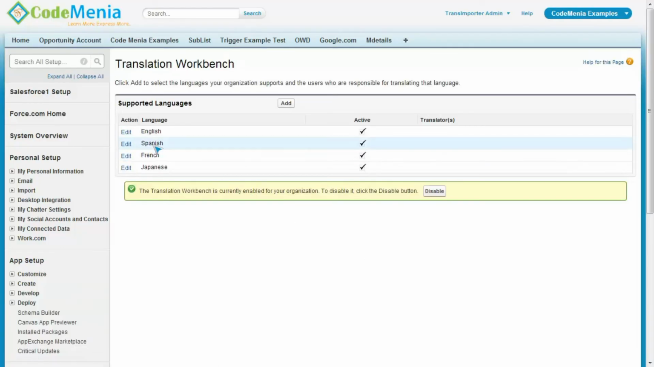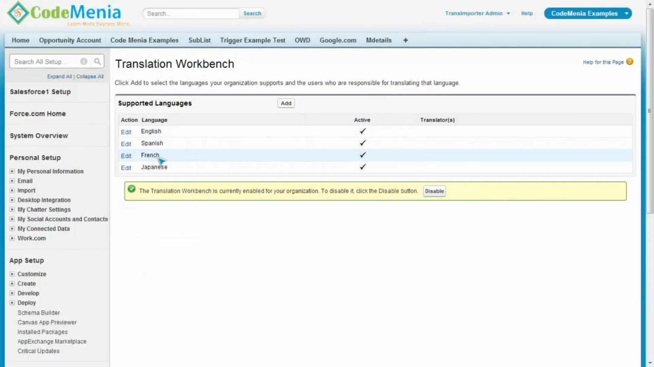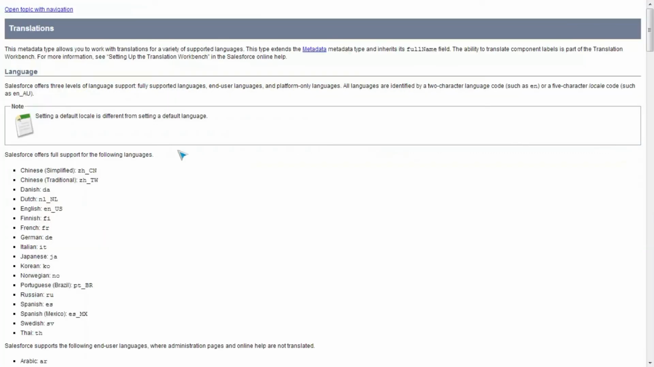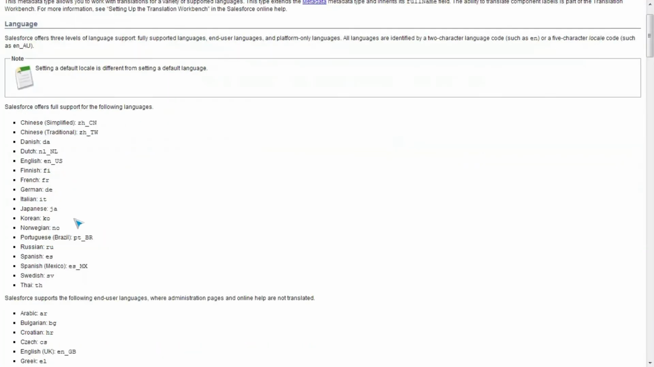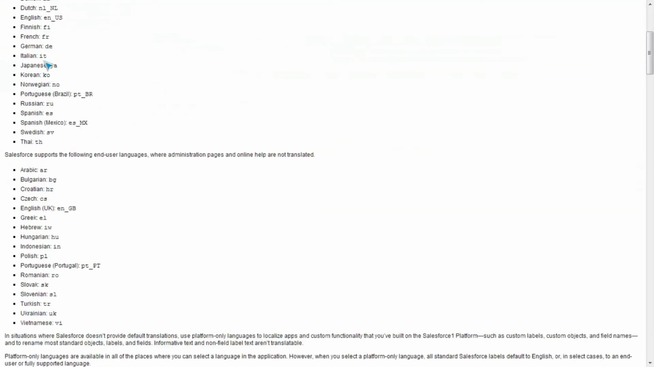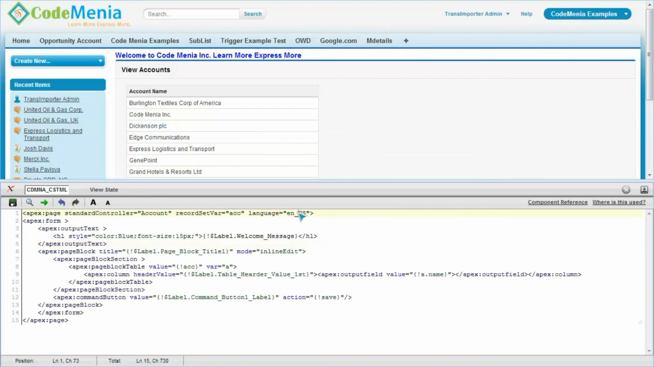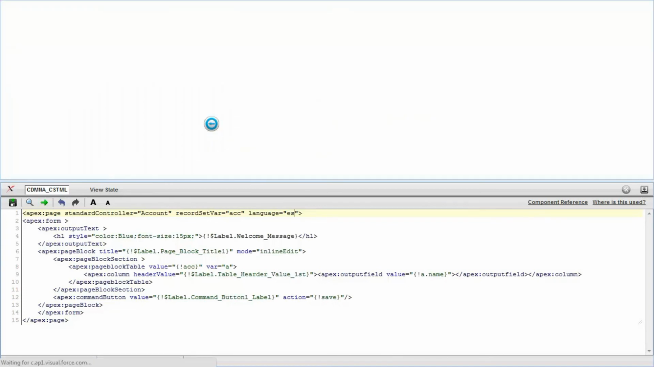Now I'm adding one Spanish language. Spanish code is, I don't remember. So here is the language code for reference. It has been provided by Salesforce. So I have the Spanish code as ES. Wow, that will help me. So if I change it to ES and save it, I can see that